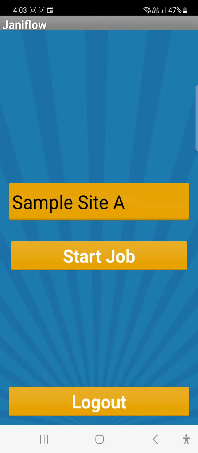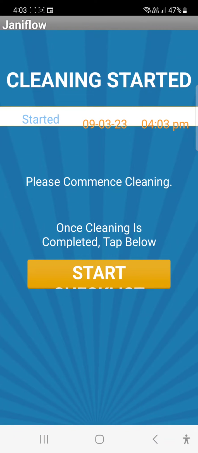When you arrive at your cleaning, you log into the app and you choose the site you're at, and then you're going to do a start job. That will now record the date and the time that you arrived. Then you'll close the app, you'll do your cleaning, and then when you completed the cleaning, you're going to open